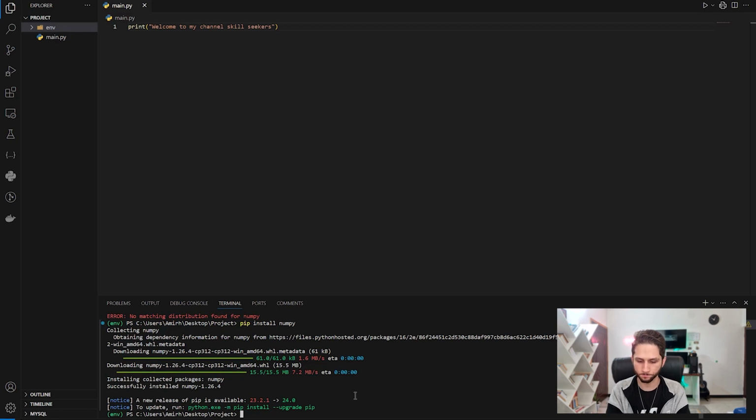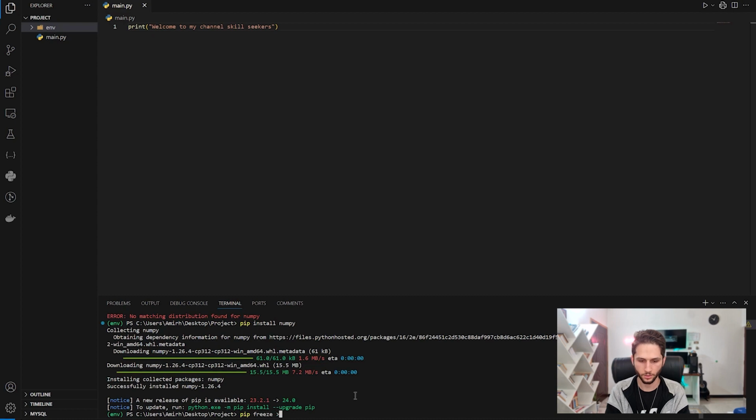Okay, so I installed NumPy in this environment, and now I want to list all the dependencies in this environment because I want to share my project with another person, like my friend, to work on it. And he wants to know what the dependencies are instead of installing them one by one. He wants to install them just in a second. So to do so, we can use pip